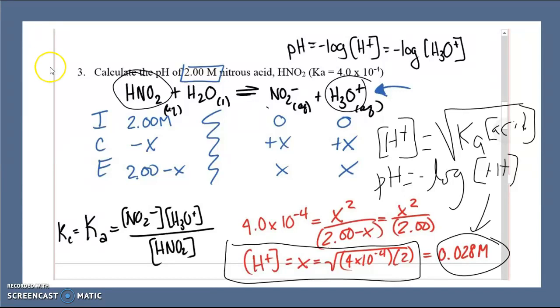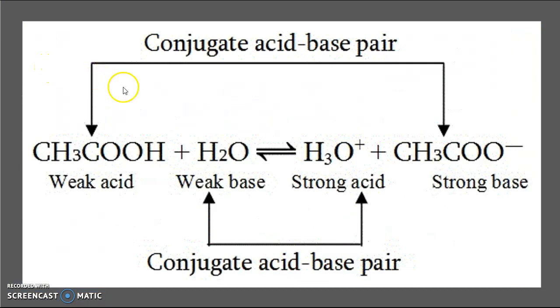Let's continue then. Remember that an acid is one that is a donor of protons. In this case, this proton is donated to water, and you get the hydronium ion. And then this weak acid